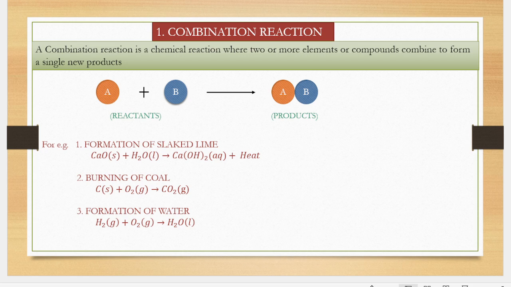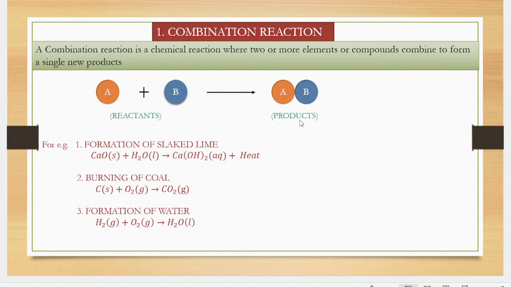अब ये combination reaction होता क्या है? What is a combination reaction? A combination reaction is a chemical reaction where two or more elements or compounds combine to form a single product. दो या दो से ज्यादा रिएक्टेंट एक दूसरे के साथ कंबाइन होके जो प्रोडक्ट फॉर्म होते हैं उसे कॉम्बिनेशन रिएक्शन कहते हैं. So A and B are the two reactants that combine together and form a single product